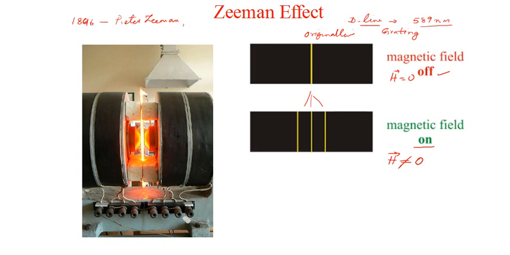And 6 years later, in the year 1902, Peter Zeeman received the Nobel Prize in Physics for this wonderful discovery, which revolutionized the entire field of astronomy and astrophysics in particular, because this effect could provide a technique to predict or measure the strong magnetic field that surrounds every astrophysical object. We have seen in our study of the sun that the sun and all other stars possess a very strong magnetic field, and the strong magnetic field manifests itself in a number of ways.